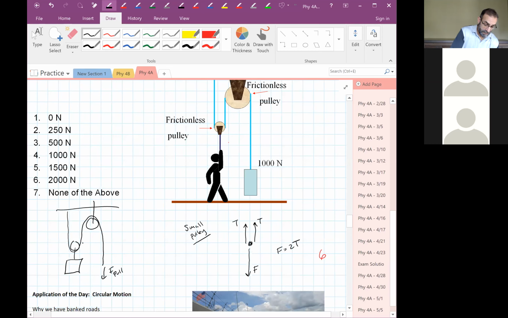So now we have the pulling force, right? Whatever force the person's pulling with, that's the tension in the rope, right? So we have 2 times the pulling force up, 1, 2. And we have the weight of the object down, 1,000 newtons. So the pulling force only has to equal 500 newtons